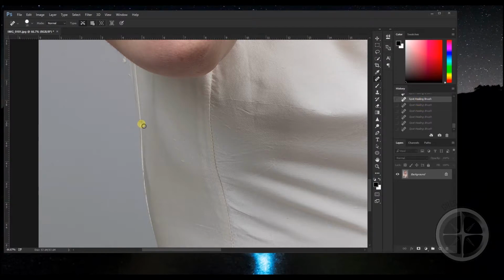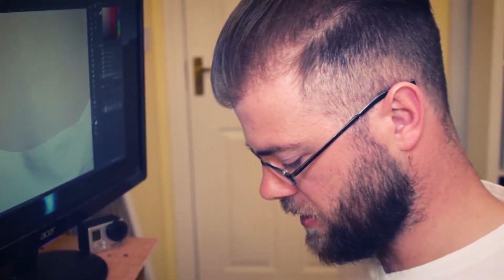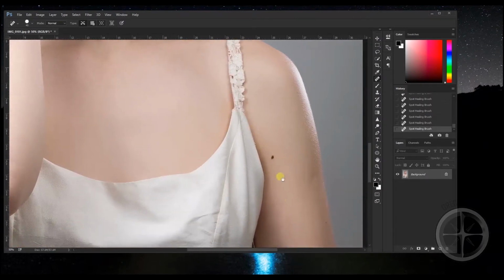So I think working like that, just a little bit at a time. Perfect, job done. Absolutely fantastic. Over here we can get rid of that. A couple of little dust spots here, we can get rid of them too. Beautiful, absolutely fantastic. You can see there's one or two more now. You can just click away,